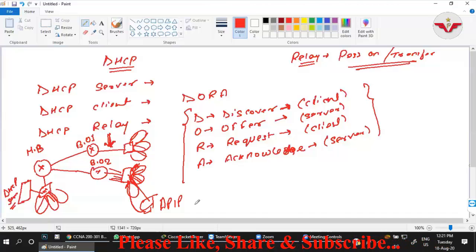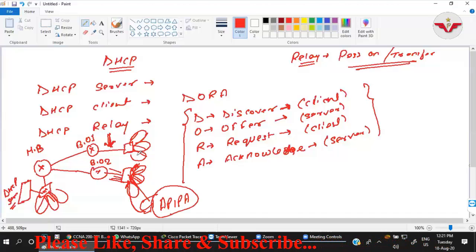But I want that this PC, or any PC that is requesting an IP address, should get the IP address from this centralized server. Then and there we will require to do the DHCP relay.